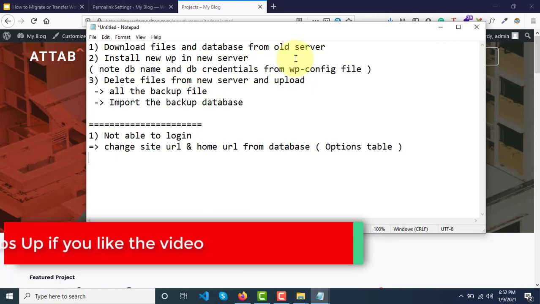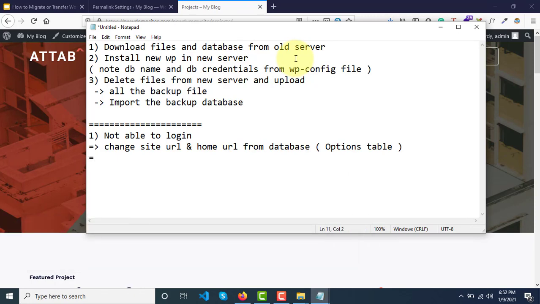And then once you are able to log in, if all pages are not working, then from the WordPress admin dashboard, change or you can say update the permalinks.